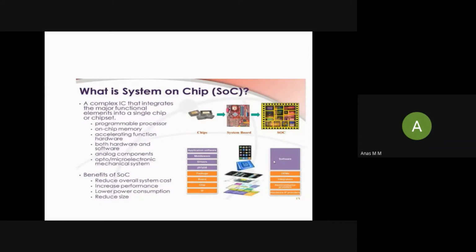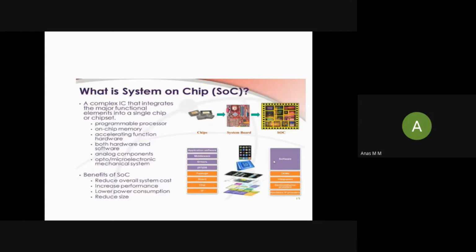It may contain a programmable processor, on-chip memory, accelerating function hardware, both hardware and software, analog components, opto microelectronic mechanical systems. The benefit of SoC is that it reduces the overall system cost. So when we purchase a smartphone, we need more applications with less cost. So when we use SoC, it will reduce the overall system cost with increased performance, less power consumption,